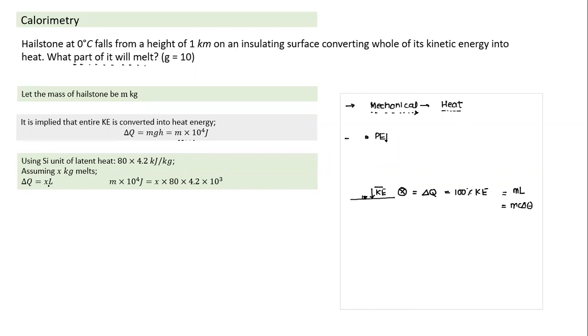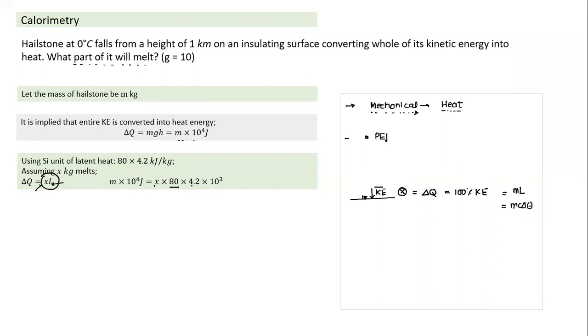So delta Q will be equal to x into L. Since I have taken energy in joules, I have to be careful: when I calculate, this entire term has to come in joules. So how do I do that? Of course, I can take x in kg and latent heat also in SI units. Here, the latent heat is 80 calories per gram, which I convert into joules per kg. It becomes 80 into 4.2 into 10 to the power 3 joules per kg. And if I write the equation,